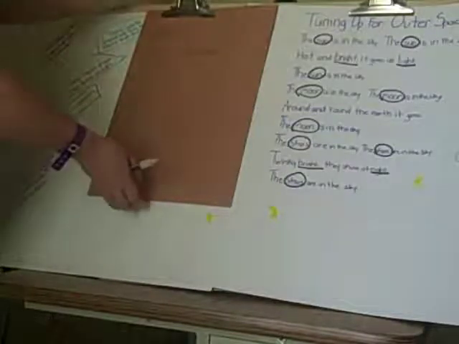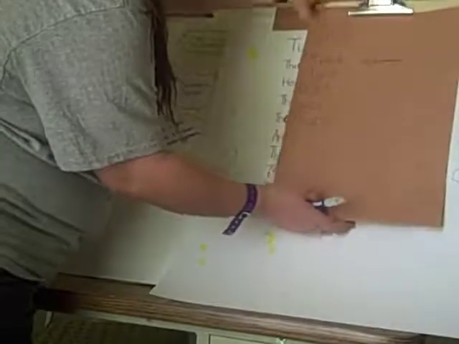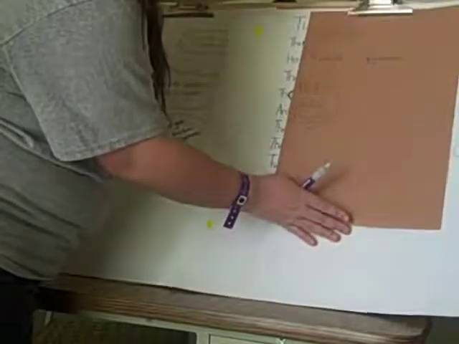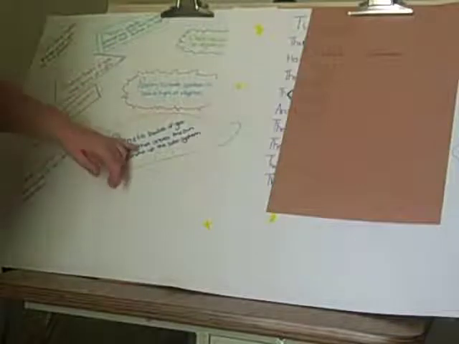So thinking about these, what else shines at night? What else is in the sky? Thinking back to our vocabulary words. Good, the planets. Remember, planets are bodies of gas or dirt, or in the case of our planet, water, that orbit the sun and make up their solar system.